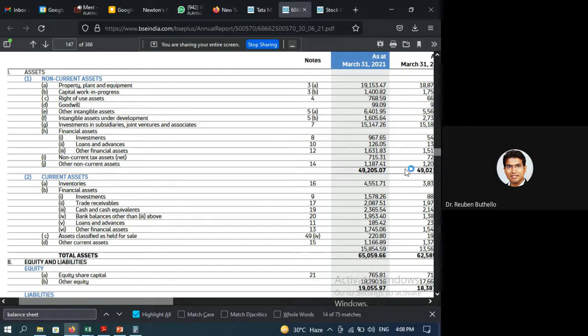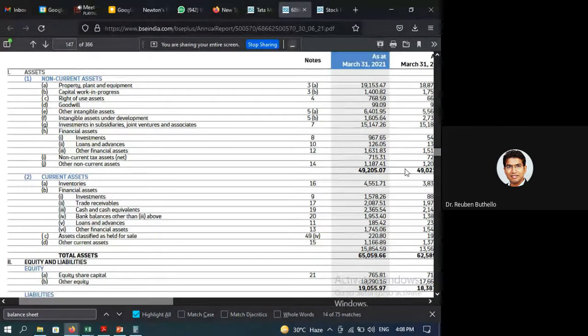So that may be usually when I have money to set up another factory, or I have some long-term liability which I want to meet. This is the money which I'm going to keep set aside so that it doesn't disturb my short-term practice. And I can get better interest rates for long-term investments. Just like how you go to a bank. If you tell them, I want to invest money for 3 months in a fixed deposit, they will give you only around 5%. You tell them, I want to invest it for 5 years, and they'll give you around 5.5, 6%. That's how the markets work. So some investments I put long term, some investments I put short term.